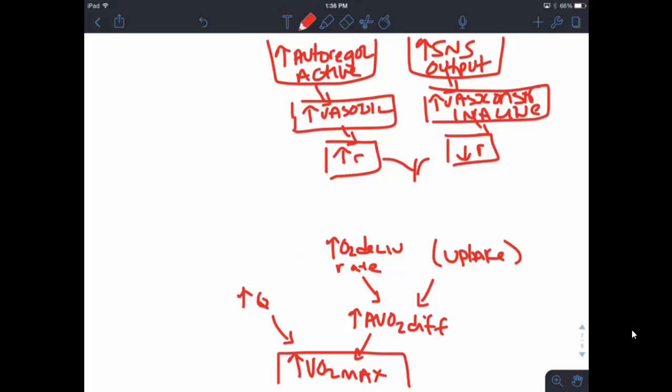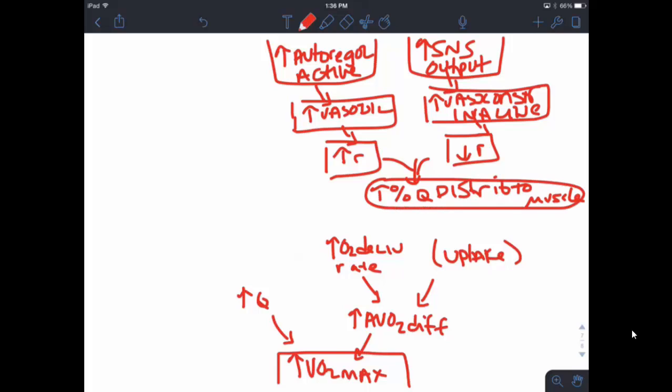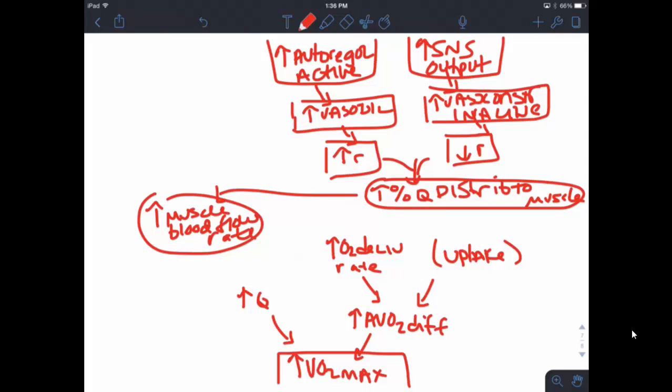And together, these two things result in a greater percentage of cardiac output being distributed to the muscle. Okay? And if a greater percentage of the cardiac output is being distributed to the muscle, we're going to have a greater muscle blood flow rate,